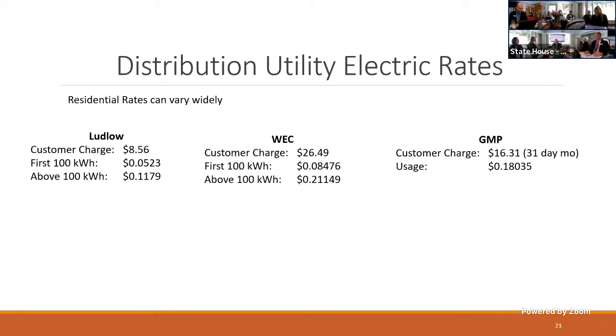Now, there's a lot of different factors that go into why the rates are so different. Customer density is one of them. WEC has, I think it's 8 customers per mile, whereas Green Mountain Power has in the high 20s, so 25, 28 customers per mile. And so that's a big component of what it costs to actually serve customers. The makeup of your power supply when you bought that, how you've invested in your poles and wires, they all have impacts